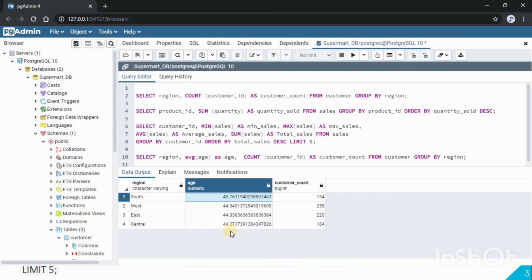Another important thing to note is that we have used only one column while specifying the group by clause. You can also specify multiple columns. If I specify 2 different columns, it will create all the possible combinations of values in both the columns, and it will give us a table of all the possible combinations. So let us add region and also state, and we will group it by region and state.